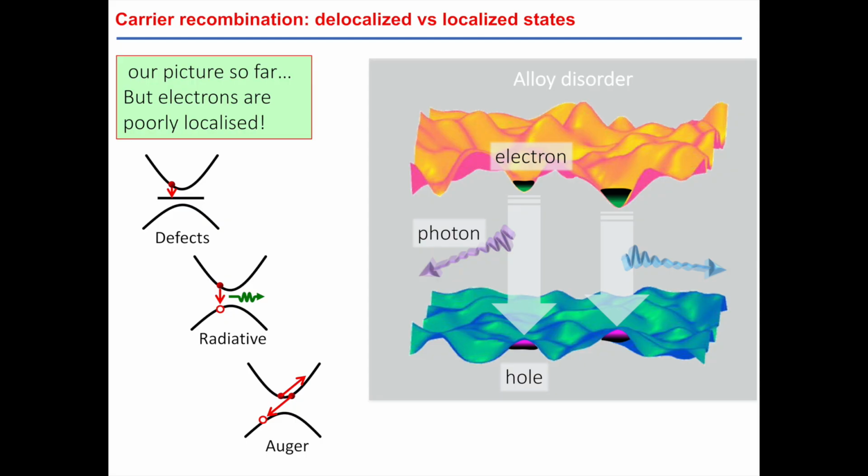The next thing is we also have to compute the recombination processes, like in diodes. That's what we're interested in: how do electrons and holes recombine? There are a number of processes, non-radiative processes with recombination of electrons and holes on defects, emission of photons, and higher order processes, which I won't discuss here.